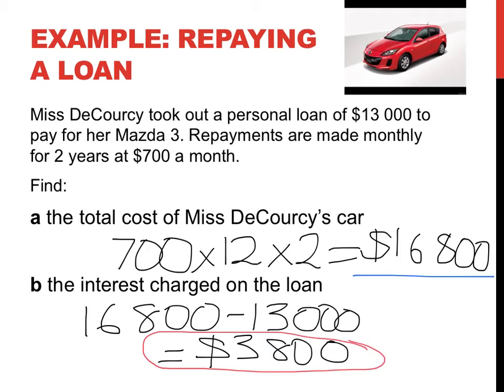Good on you, okay? Now, some of you might sit there and think, why would you take out a loan then? Well, lots of people take out loans because, honestly, at the time they don't have all the money. At the time when I got my Mazda 3, I didn't have all of the money, so I was forced to take out a loan. It means that I have to pay more back in the end, but it means I can also get the asset that I want, so the car or the house or the boat or whatever I'm buying at the time. I have been driving that car around for the last year and a bit, and I'm nearly finished paying my loan. That's why people get loans.